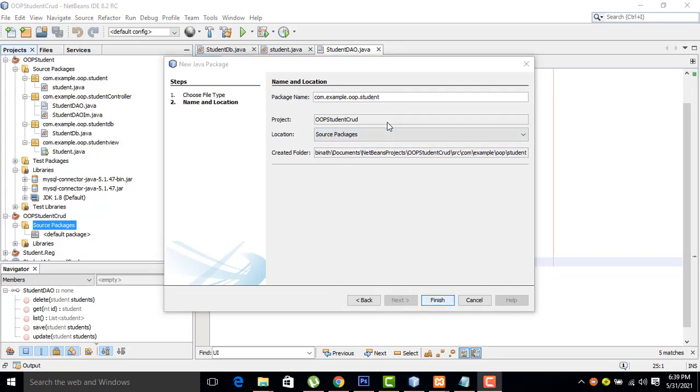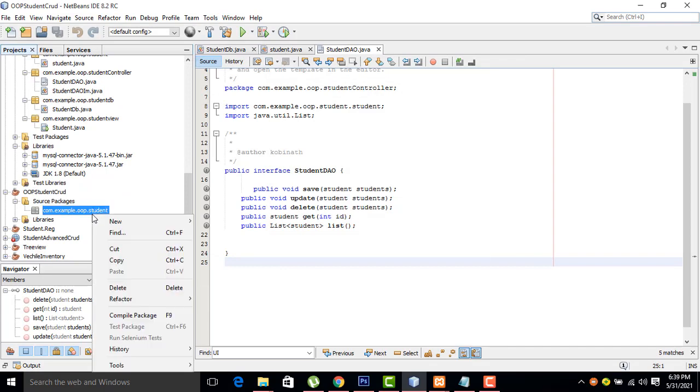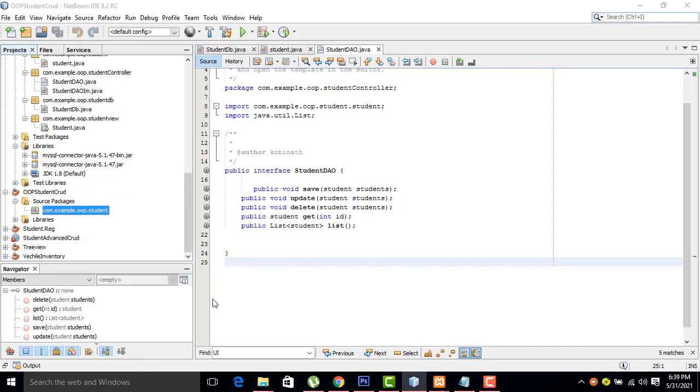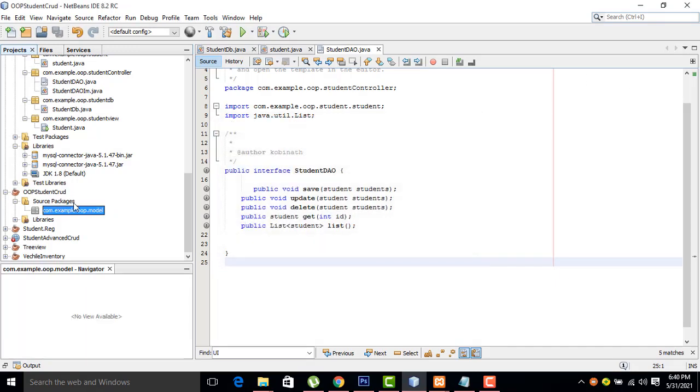This is called the model. You can name it as the model package, I just put student. Click finish, and you have created the model successfully. If you want to rename it, let's rename it as model. It's a model.